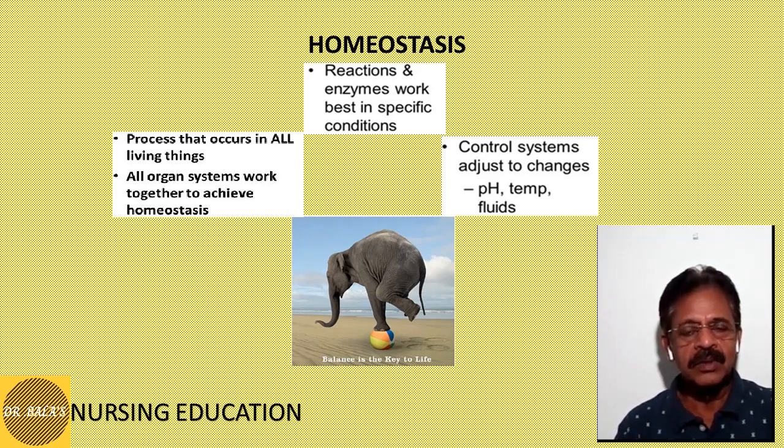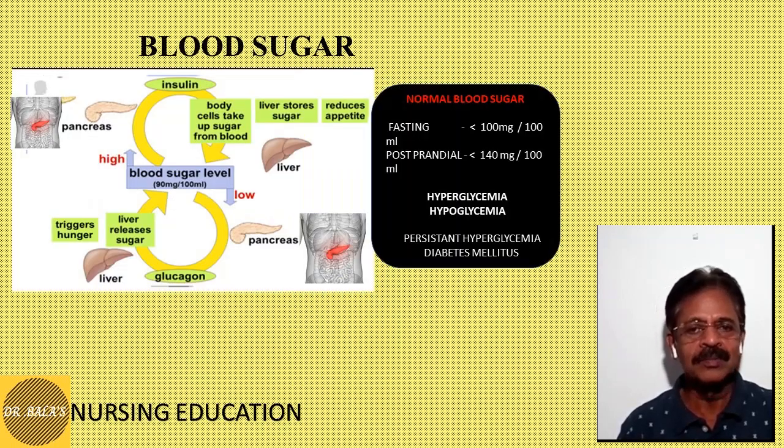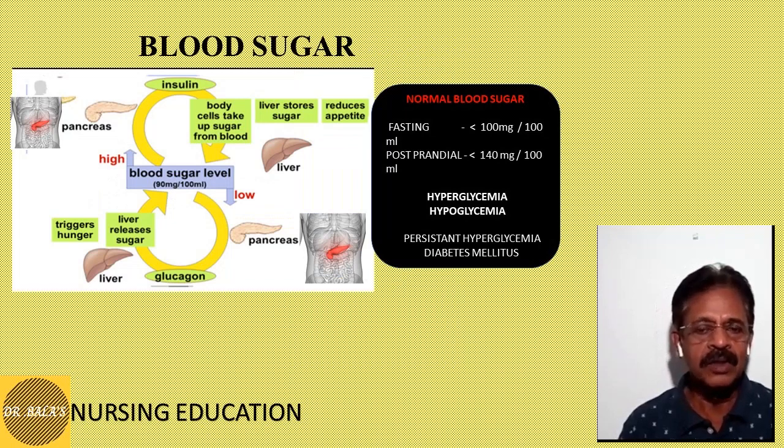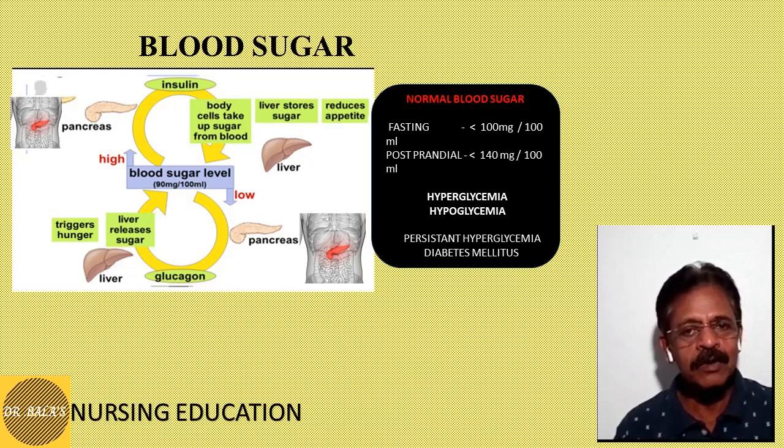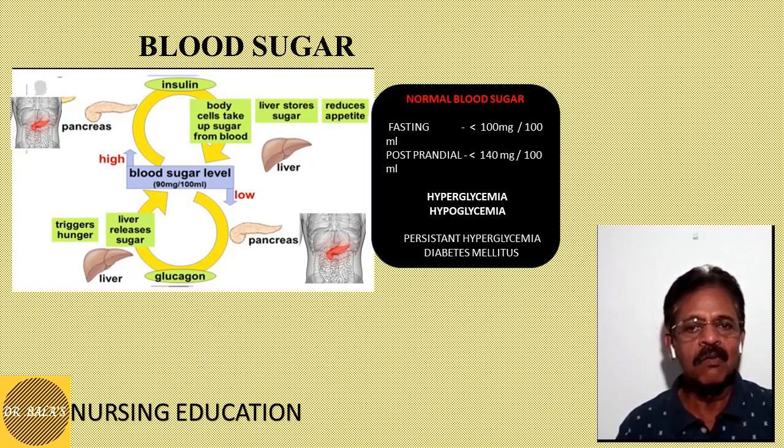We talked about the climate, we talked about the temperature. And apart from that, remember, the organs also need food. They get food in the form of glucose. They convert it into energy. So for their survival, they need glucose. So this glucose level, you call it blood sugar level, should also be maintained at a particular value or particular level so that the organs can use this glucose for their functioning or for their survival.